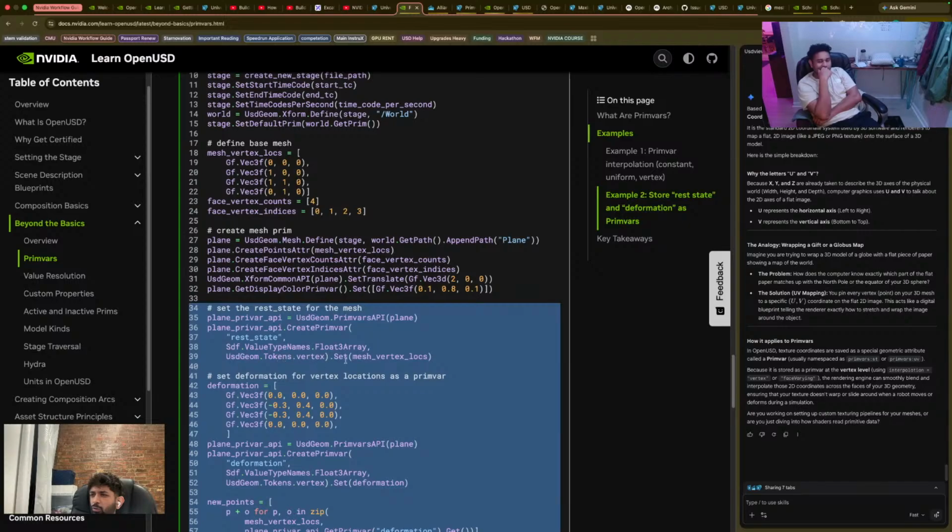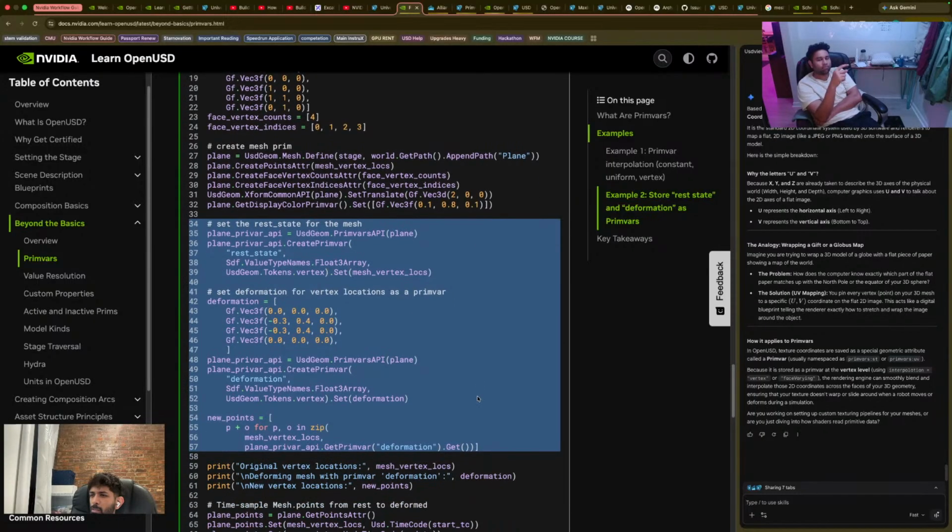USD geom dot tokens dot what is this? Why is it in a... what is this? USD geom dot tokens dot vertex? What is this doing? But I think it's defining where those points will be applied, like when the rest state is implied onto that prim, where will the effects take place. So in our above code base, we have vertex, uniform,